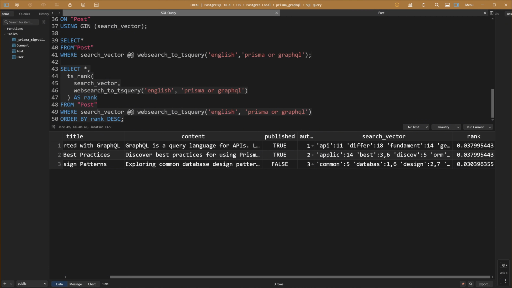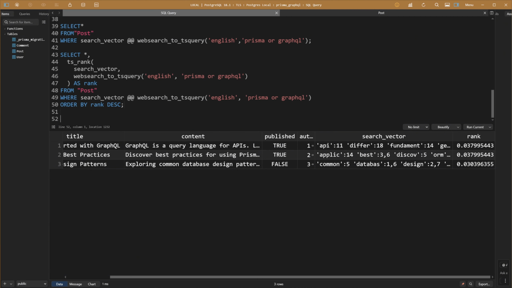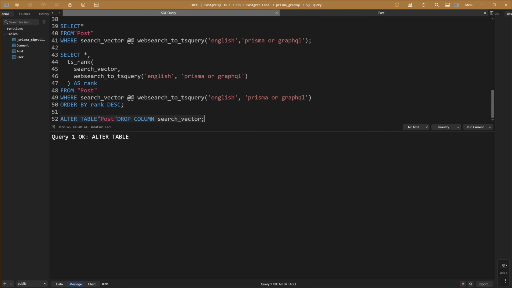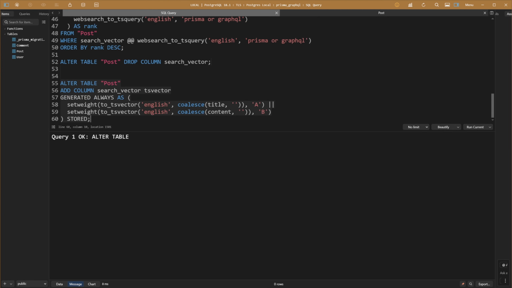So first, let's go ahead and drop it. We'll do alter table post drop column search_vector. Now let's go ahead and recreate it with the following query: alter table post add column search_vector tsvector generated always as (setweight(to_tsvector('english', title), 'A') || setweight(to_tsvector('english', content), 'B'))